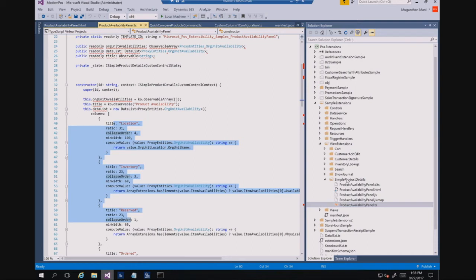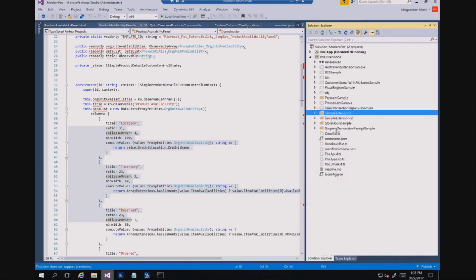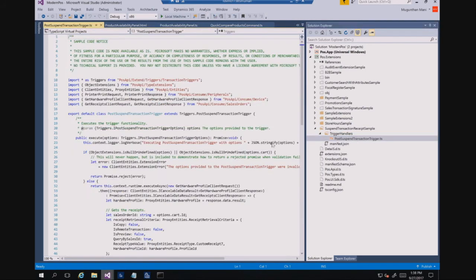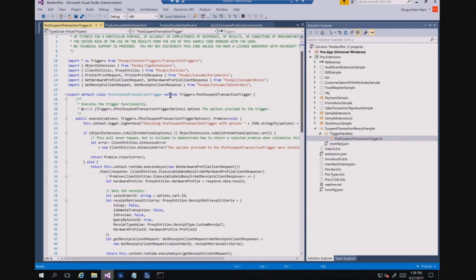And the next one, the last two things I'm going to show you in the extension, was the triggers. How will you add a POS trigger, right? So there is a sample here. The sample I took was, whenever you suspend a transaction, say you want to print a receipt. If you check the suspend transaction trigger sample here, okay, there is the return code. You can put triggers here, say I'm going to extend the suspend transaction trigger, and it is extending from this particular trigger. So you can extend this one and write your own logic. This is how you will do the POS triggers.